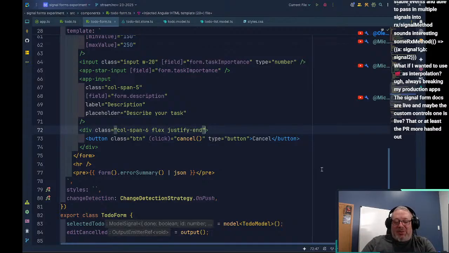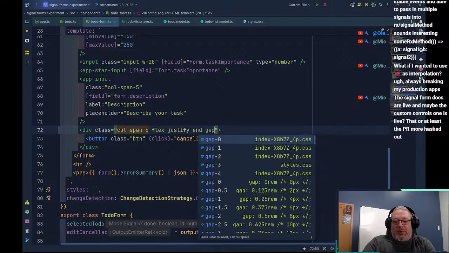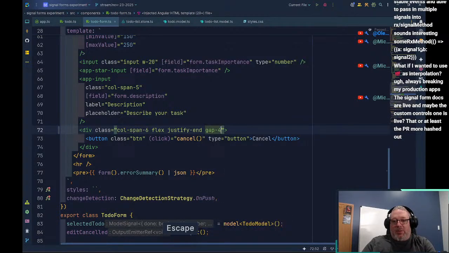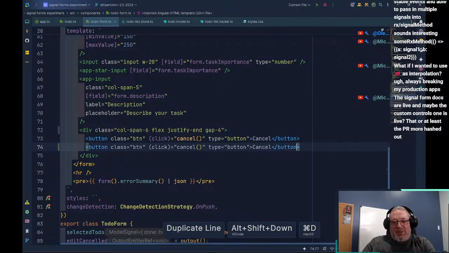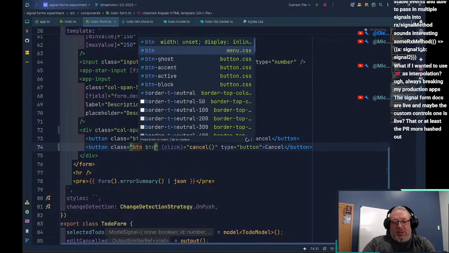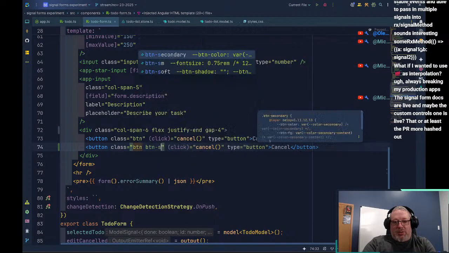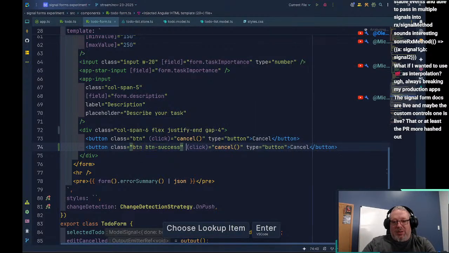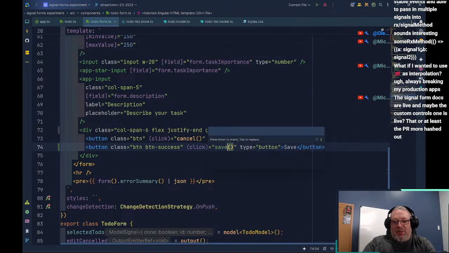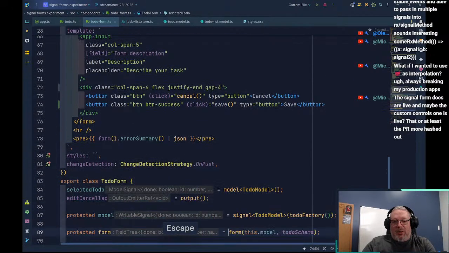Let's also give a gap of 4 between our buttons just to give our buttons a nice gap. I'm gonna copy this. We're gonna go button-success. That's a save. I'm gonna add a save function to it. There we go.